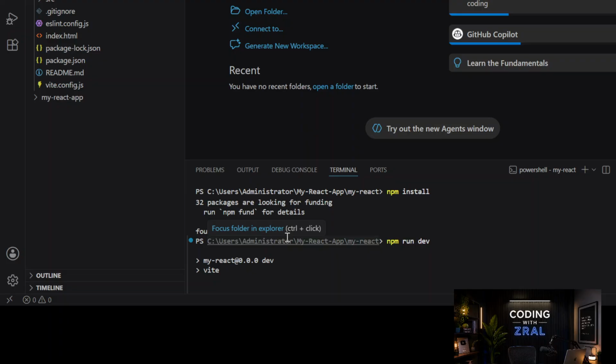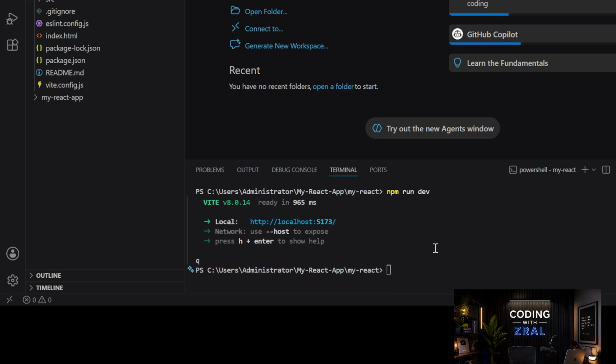VS Code. So what you need to do actually is install VS Code, install Node.js, so that you have the Node modules for your React app. And I've installed that. Then you run npm install, npm run dev, and it will run in our localhost 5173,